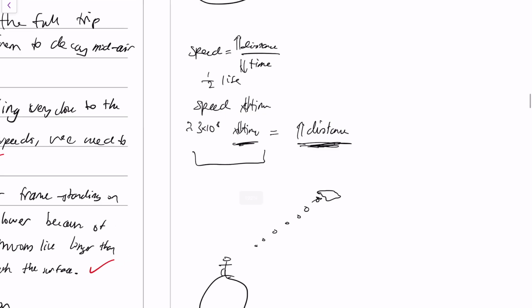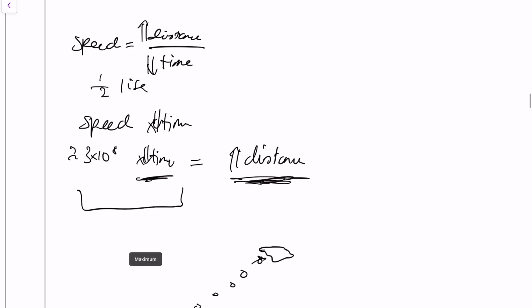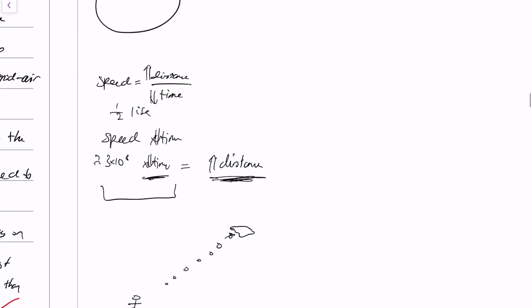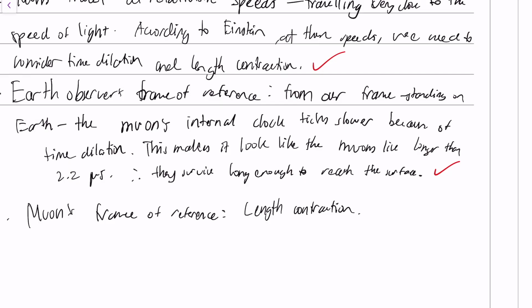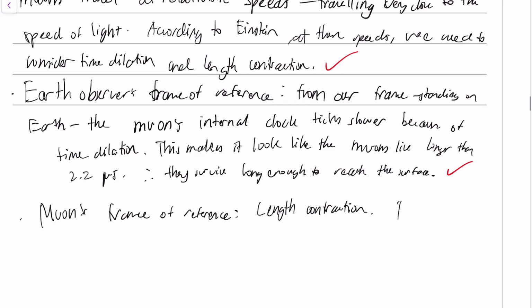survive, right? So remember our formula with speed in Newtonian physics. Okay, if there was a way to actually change the real distance from Earth's surface to the cosmic rays, then we might actually get the muons to make it. Okay, so they're experiencing length contraction now. So from the muons' point of view,